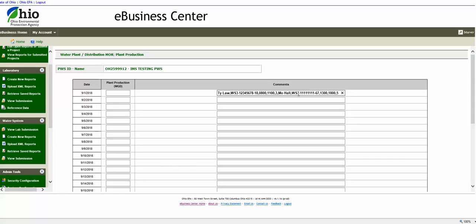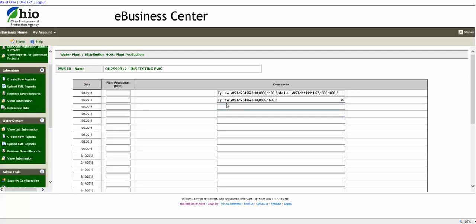Mo Hall, W is a water system 3 from 1300 to 1800 and 5 hours. Next day, move down the page. And you've got the second day.